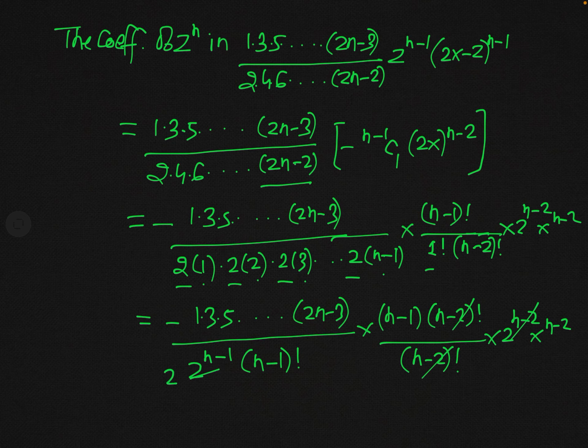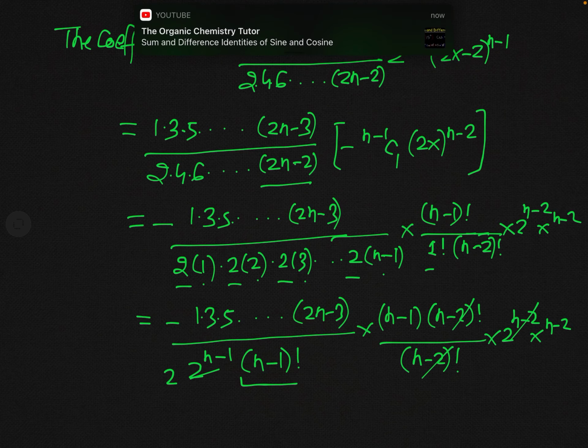So when you cancel this 2 to the power n minus 2 from this, then in the denominator there will be simply 2, so 2 will remain. यह इससे कैंसिल हो जाएगा और नीचे में केवल 2 बचेगा।